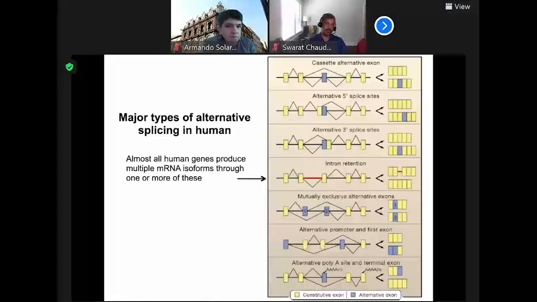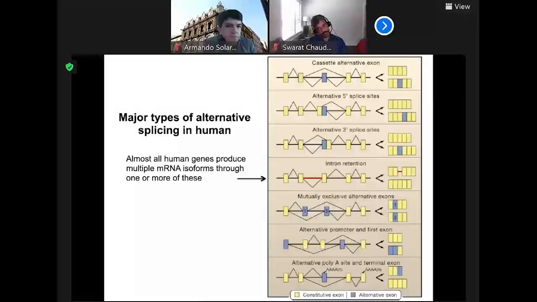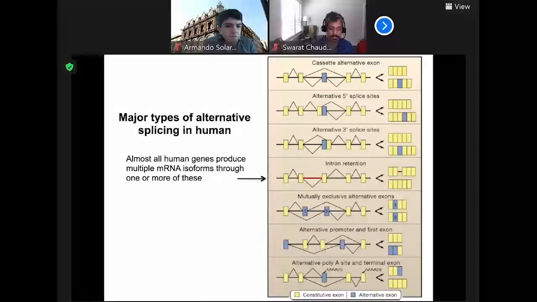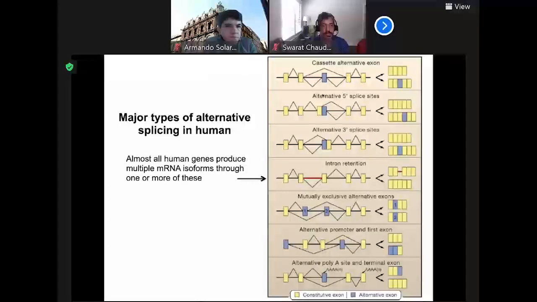Okay, so finally, alternative splicing is particularly interesting because of all the different alternative variants that it can produce from a particular gene. A single human gene can, in principle, produce dozens, hundreds, or even thousands of different mRNA and protein isoforms. And so there's lots of different types of alternative splicing, at least 7 or 8 that are shown here. The most common is this cassette alternative exon splicing shown at the top, where you either include or exclude